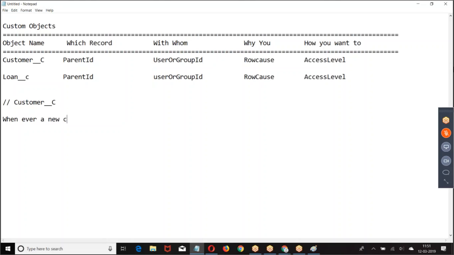Whenever a new customer is created with type as company, share the record with, share the record with, do this example.